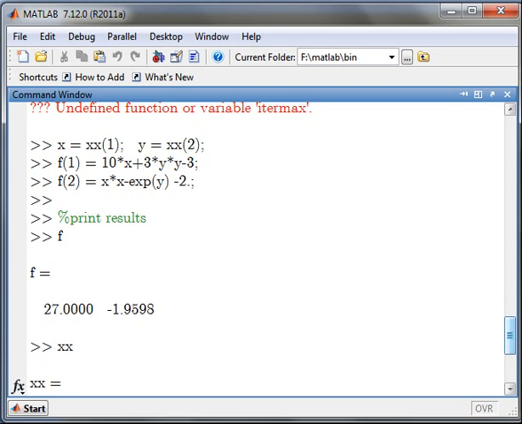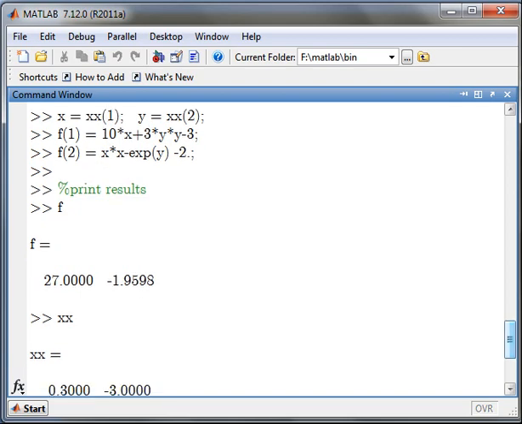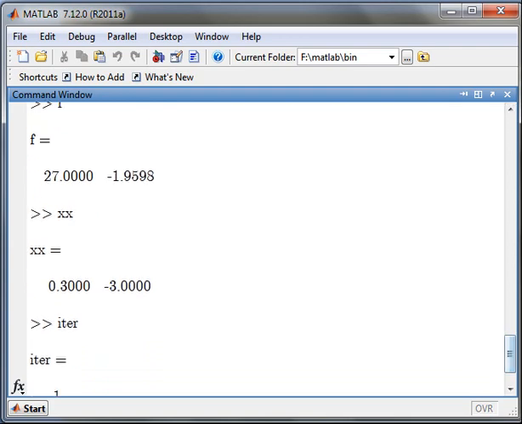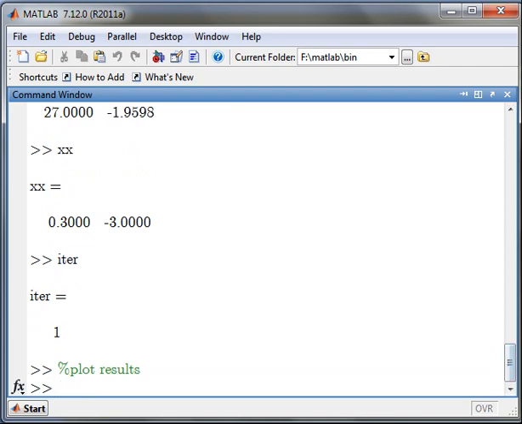Now the x value is equal to xs of 1 and y is xs of 2. The functions that we are having are 10x plus 3y square and function 2. Now for the result we have to just give the command f, and the output will be the value of f, that is 27 and minus 1.9, and the value of xs will be there and the iter value will be there as the output.